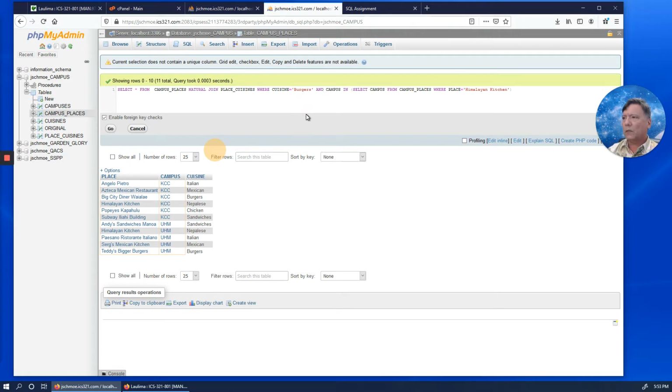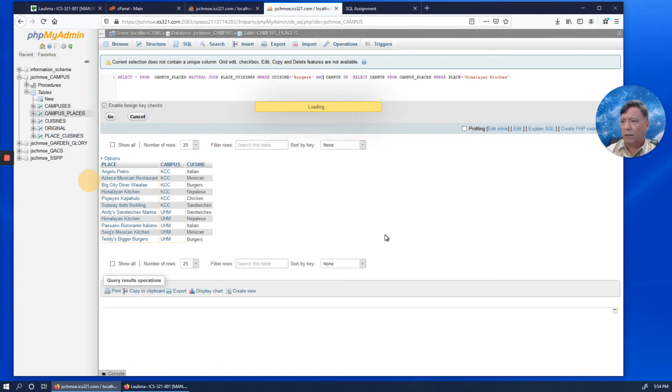So we want to look at those two campuses, and we want to find out if there's any burger places on those campuses, because we want to change Himalayan Kitchen to a burger place. And if these campuses that have Himalayan Kitchen as a favorite place already have a burgers place, then that's a problem. So let's see what this looks like.